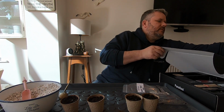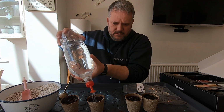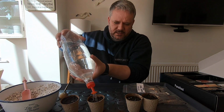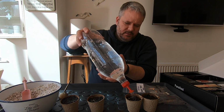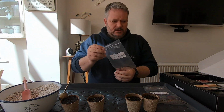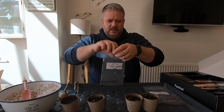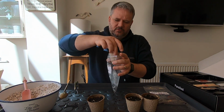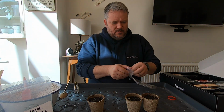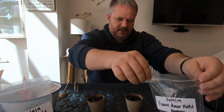So we'll come in with a watering bottle system and just give a nice dose of water to all that soil, and we should see the compost pots start absorbing the water as it extracts it, sucks it out of the soil. But the soil down below needs quite a bit. So we'll put some oxygen holes into the bag as we do normally, and we'll drop that Japanese maple into its bag. We'll get the flame maple into its bag, and then